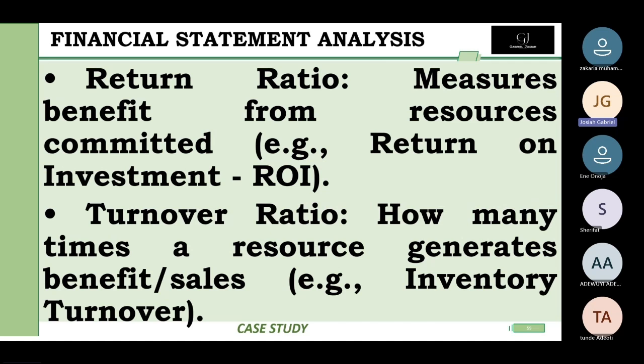We also have return ratios, which measure benefits from resources committed. So for example, return on investment is a return ratio. Return on capital employed is a return ratio. So you are measuring benefits generated from what you've invested. This is very important. Then we have turnover ratios, speaking to how many times a resource generates benefits or revenue